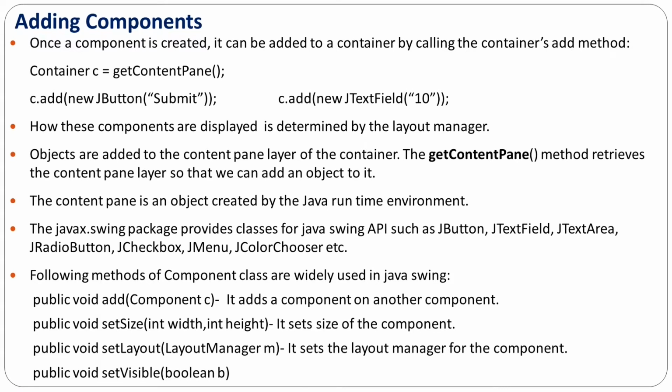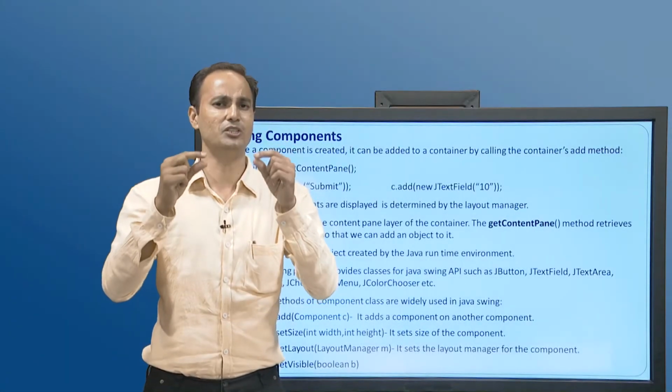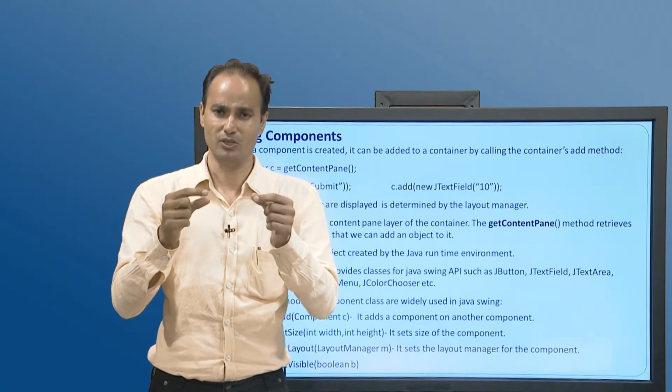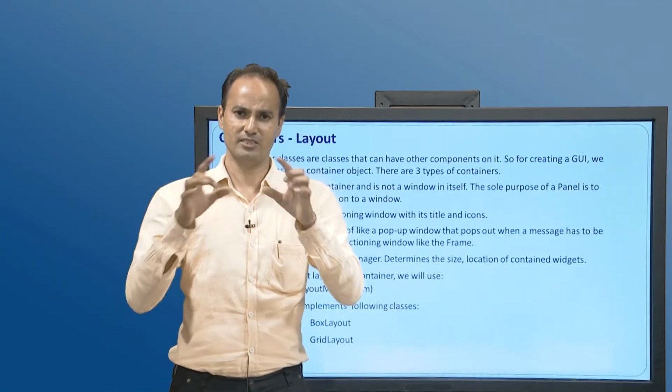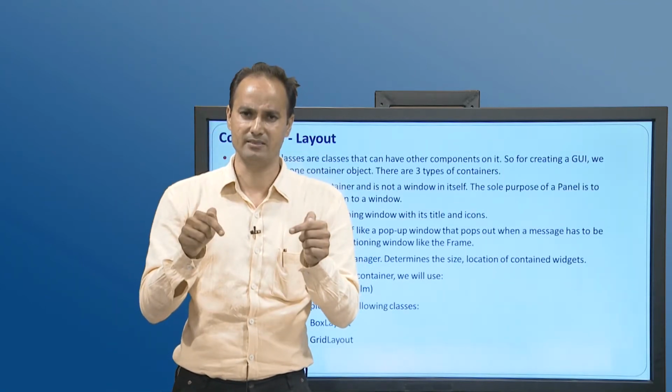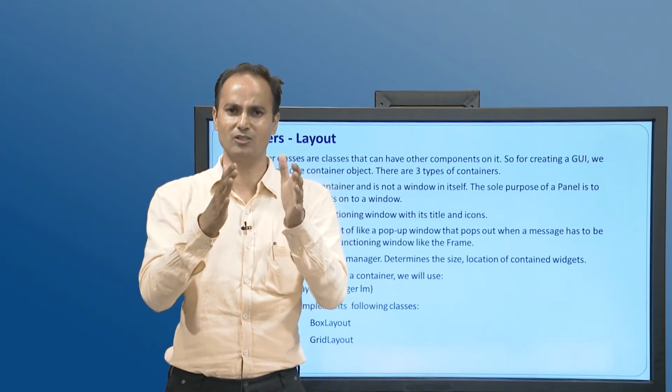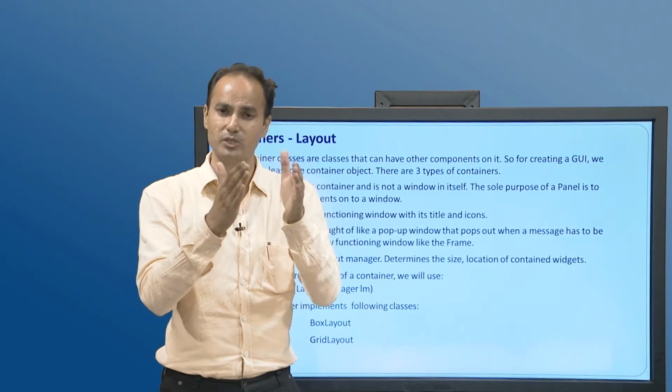Suppose we are creating two controls, one is a label and another is a text field, then the label should be on the left side and the text field should be on the right-hand side. If we are creating controls and adding them directly without using a layout, then there is a possibility that the expected look and feel would not be as per our expectations. So to properly arrange the components on a container, we need to use a layout. The layout manager helps us arrange the components on a container, so where you want to put a particular control.